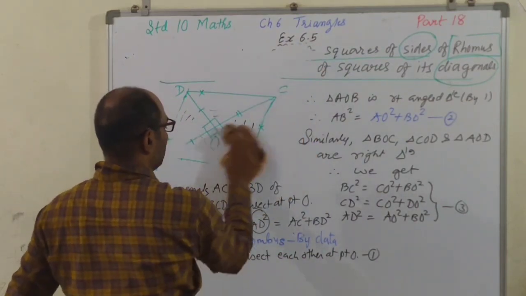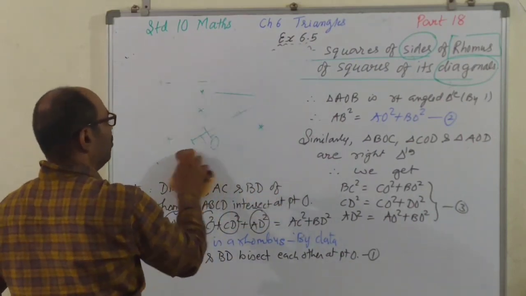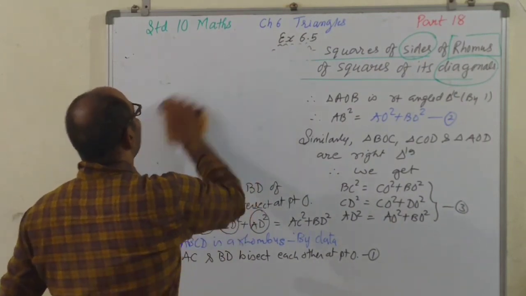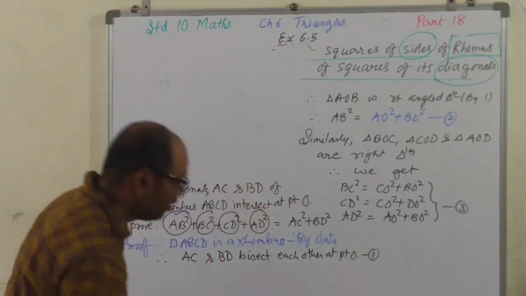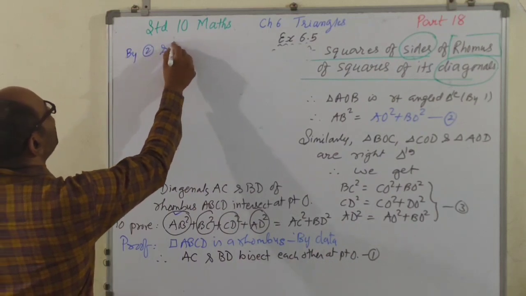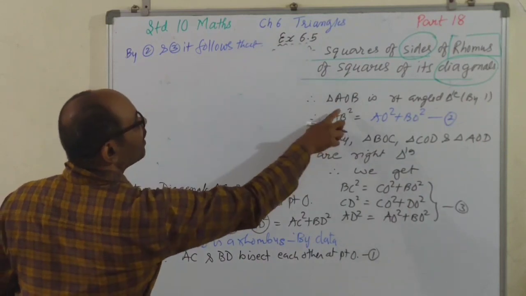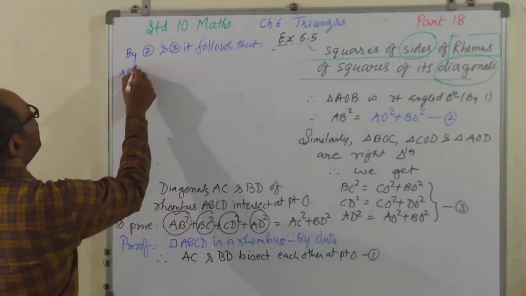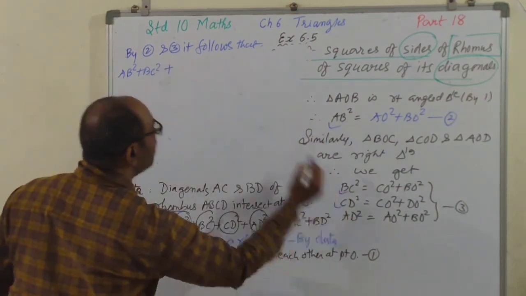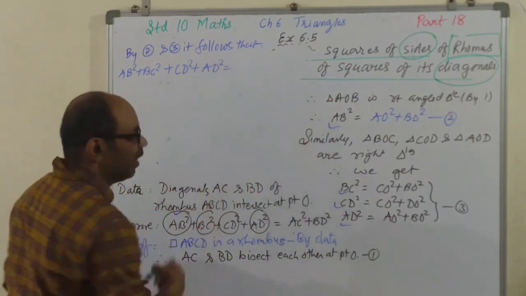I will remove this. I don't know if I did a good job by removing the diagrams. Check. Fine. By 2 and 3, it follows that left hand side, children, be careful: AB square plus BC square plus CD square plus AD square is equal to